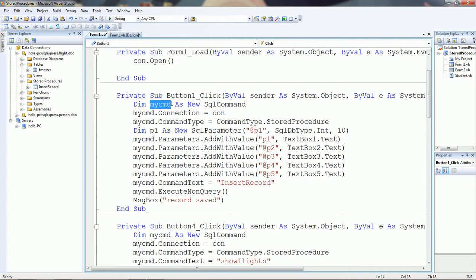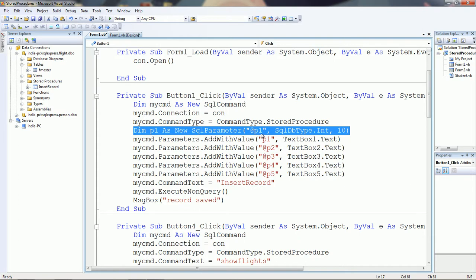Now how to call that procedure? Use one command, SQL command. An important property of the command is connection. After that comes command type, but here we don't use command type as text. Here the command type is stored procedure. Then you have to register the first parameter p1 as a new SQL parameter.